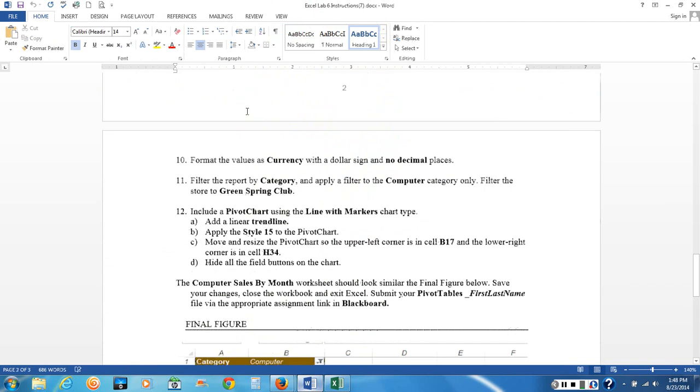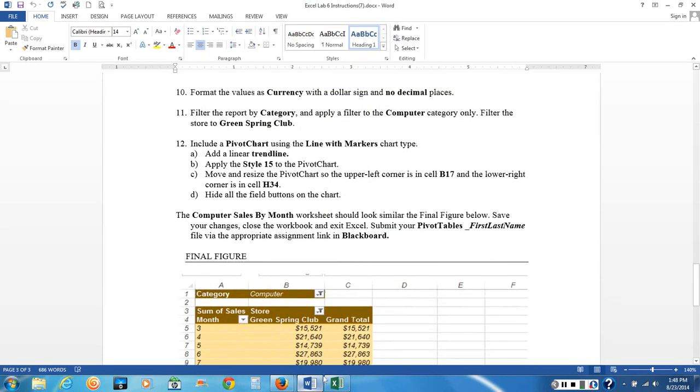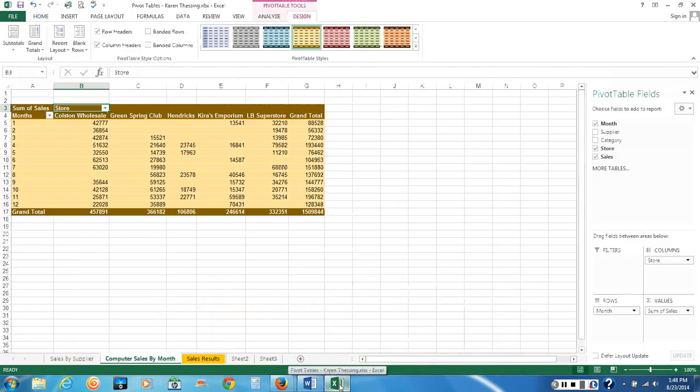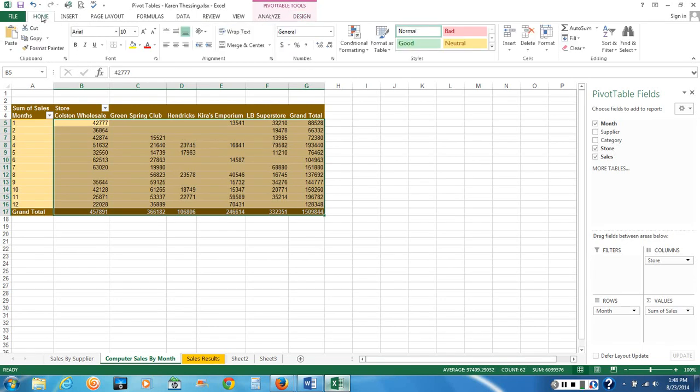I'll bring up my Word document. So we did 9, we're on 10. Format the values as currency with a $ sign, no decimals. I will bring up my pivot table. And all the values are in the range of B5 to G17. So select the range B5 to G17. Up on your ribbon, click on the Home tab. And in the Number group, on General,